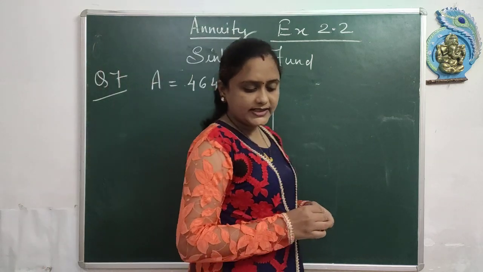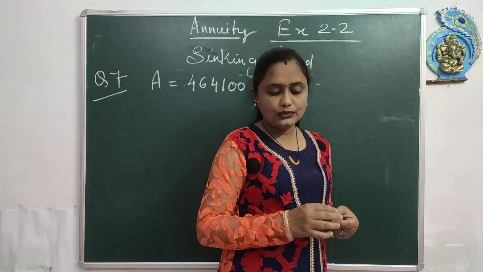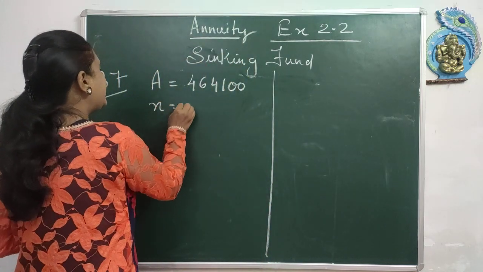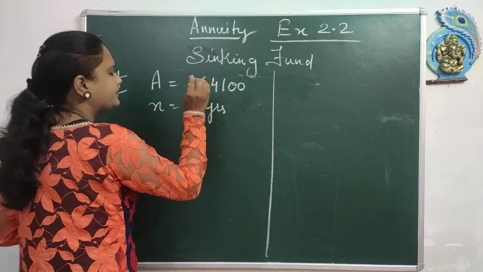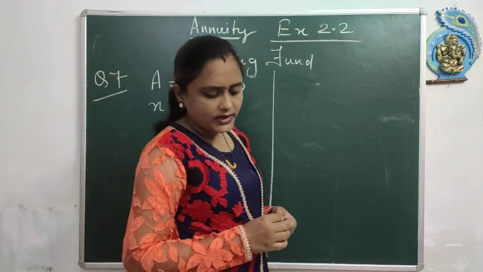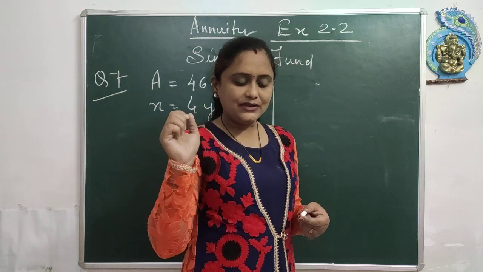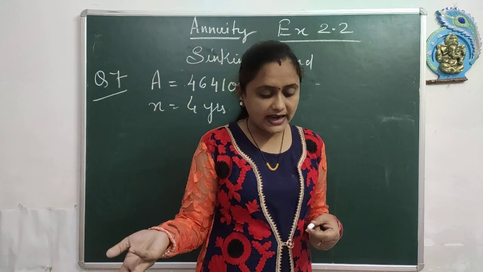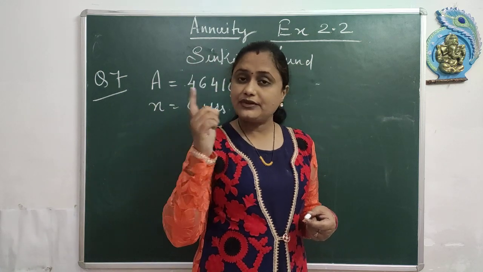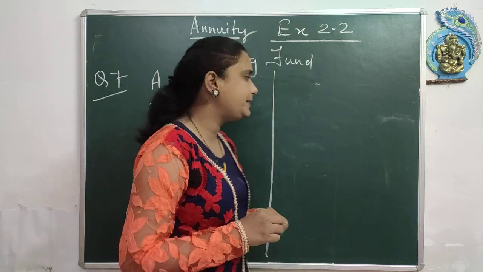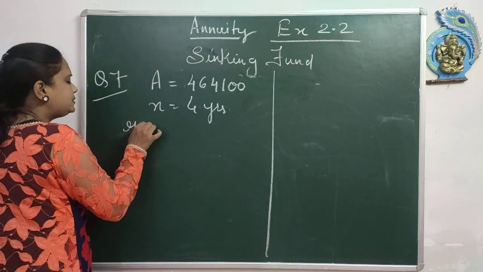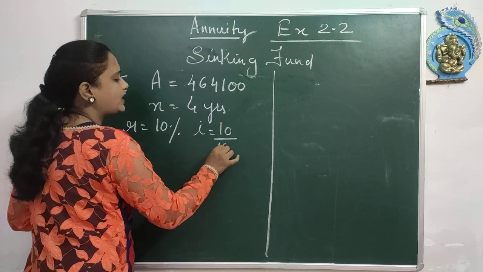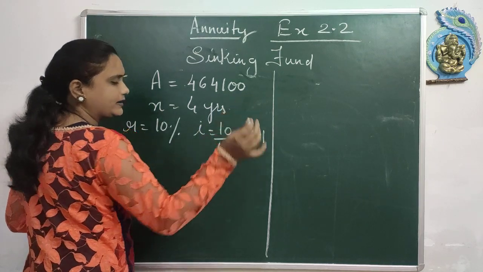Okay, then what is given at the end of 4 years? At the end of 4 years, that means n is 4 years, then what amount should she invest every year? मतलब हर साल वो कितना इन्वेस्ट करे, so that if she gets an interest of 10%, अगर इंटरेस्ट रेट कितना मिलता है 10%, it means 10% is the rate, so I will be 10 upon 100, that is 0.1.